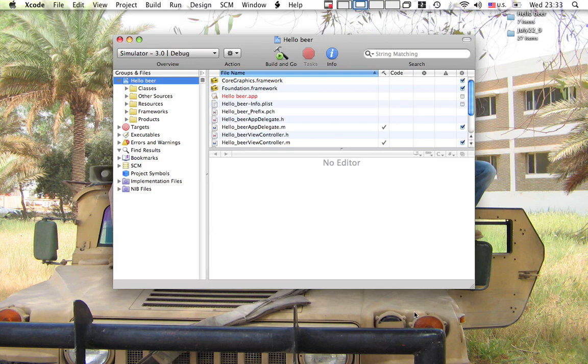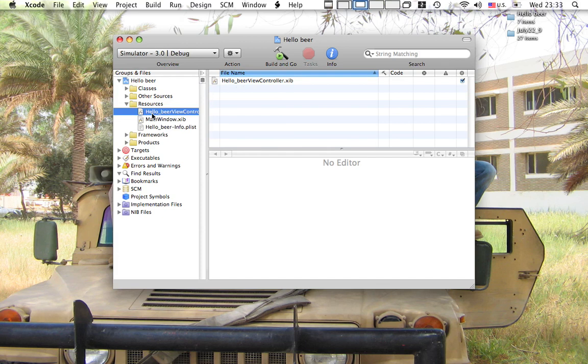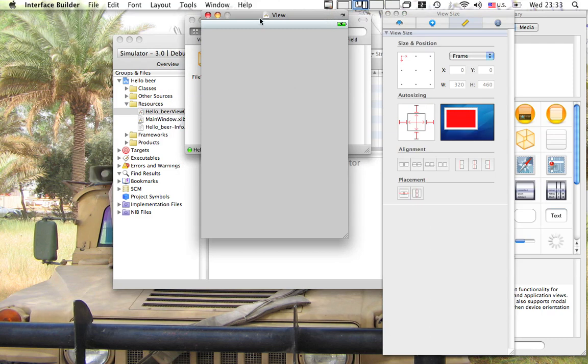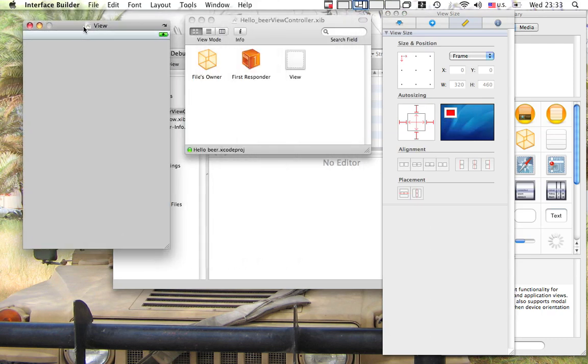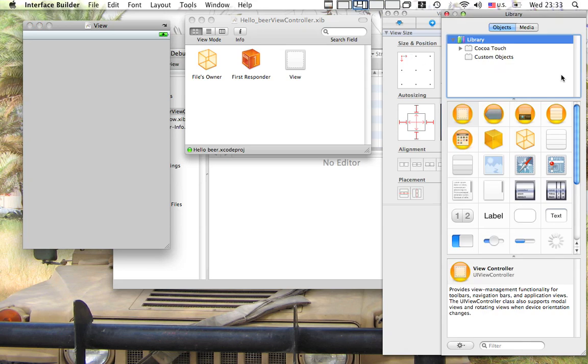Okay, so if you look under the project window, it's groups and files. You'll see a resource folder. You want to expand that, and then click on the Hello Beer view controller. Okay, so you want to double click that, and save your view window, and you have a library window, a couple other windows. So in the library window, there'll be